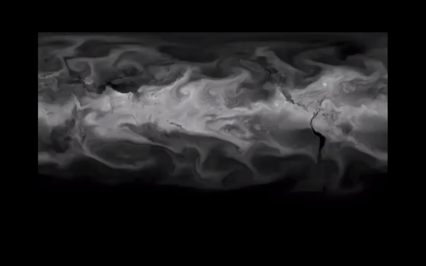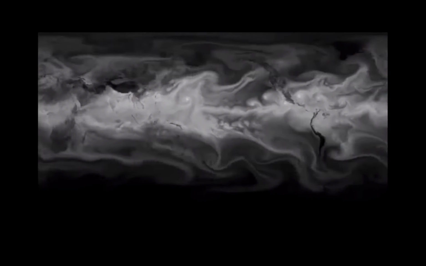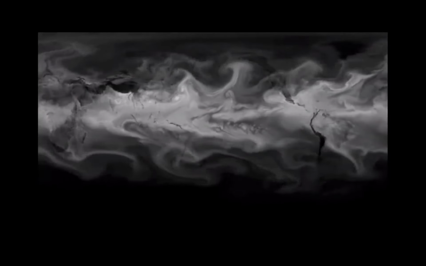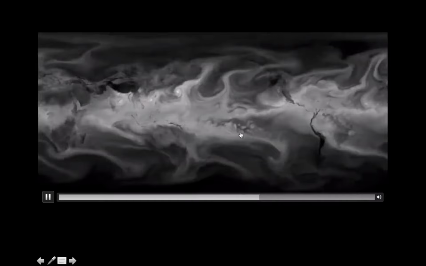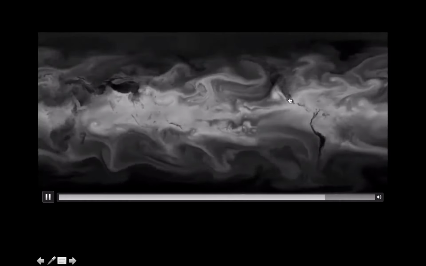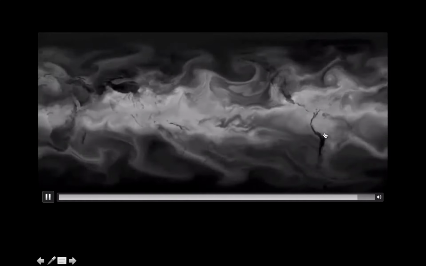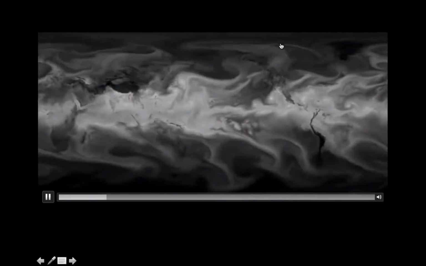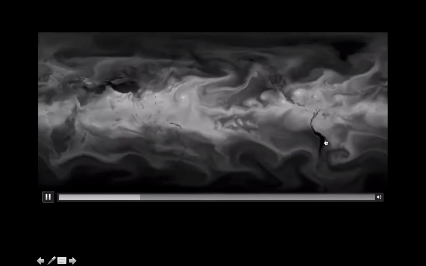So let's take all of this and do something kind of fun with it. This is an animation here showing you water vapor and where it is positioned all over the planet. Now, you can't see the country boundaries, but you can start to see where they are. For example, here is India and the Himalayan mountains. Here's the United States and Mexico. Here's the Andes Mountains. In fact, this region right here is the driest region outside of the polar regions of our planet. It's called the Atacama Desert.